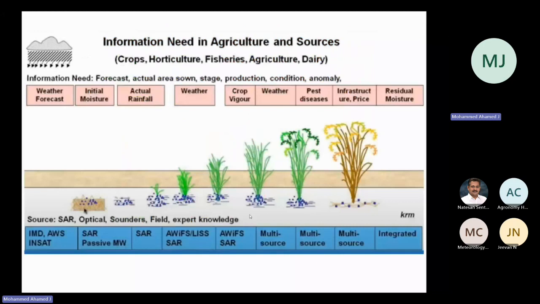Then here, I just wanted to show you what all the information is that we need, and how best these sources come from